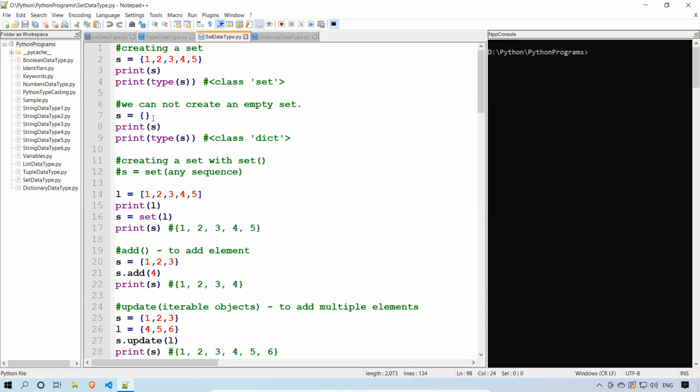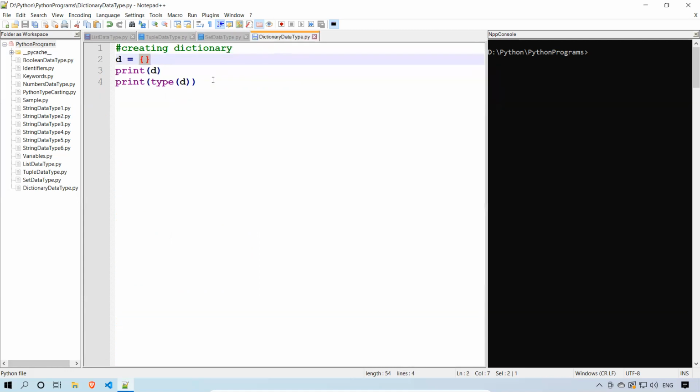We already saw that we cannot create an empty set like this. If you create it like this, that is not a set, that is a dictionary, as we discussed in our previous video on set.